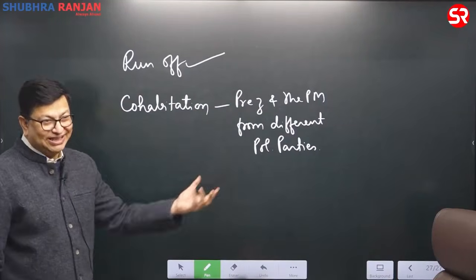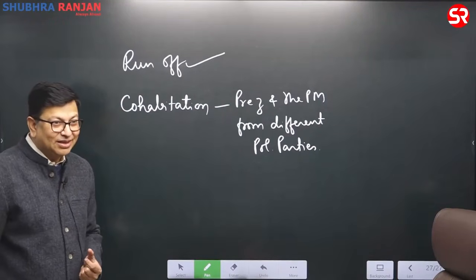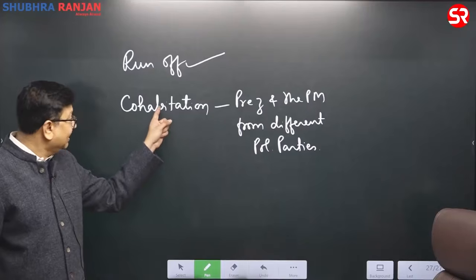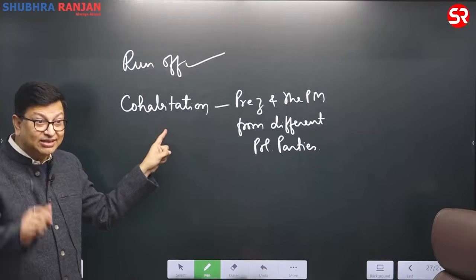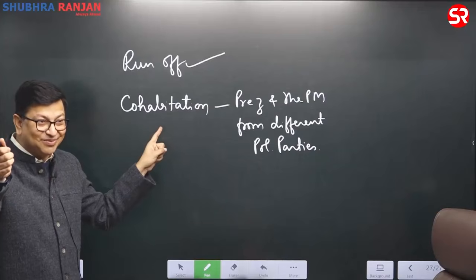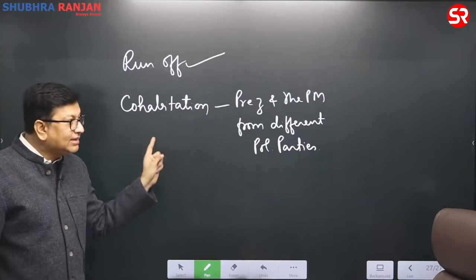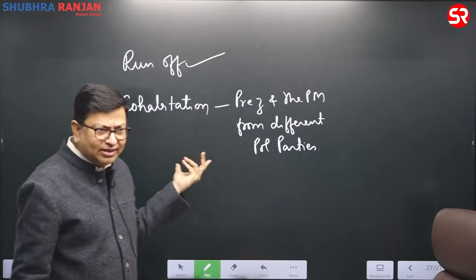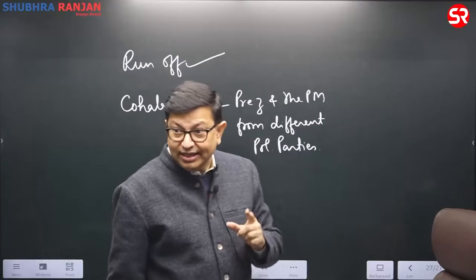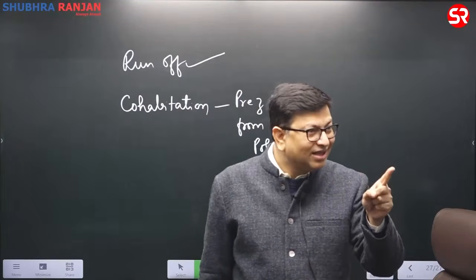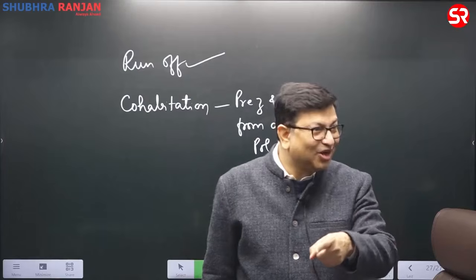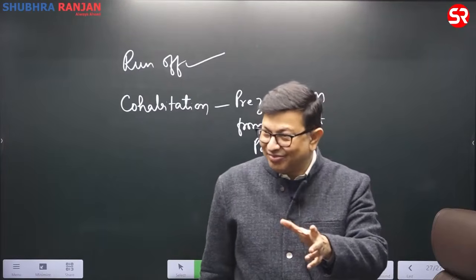ये कुछ चीजें मजबूरी होती हैं, पॉलिटिकल कंपल्शंस आर देयर. हाँ, इसलिए मैं कुछ वर्ड्स तुम्हें बताता हूं. कोहैबिटेशन एग्जिस्ट इन क्वासी प्रेसिडेंशियल सिस्टम. जैसे श्रीलंका में भी द सेम सिस्टम इज देयर, बट आप देखोगे कि देयर इज अ डिफरेंस बिटवीन द पॉलिटिकल कल्चर ऑफ फ्रांस एंड दैट ऑफ श्रीलंका एंड ऑफ रशिया ऑल्सो, बट डिफरेंसेस आर देयर.